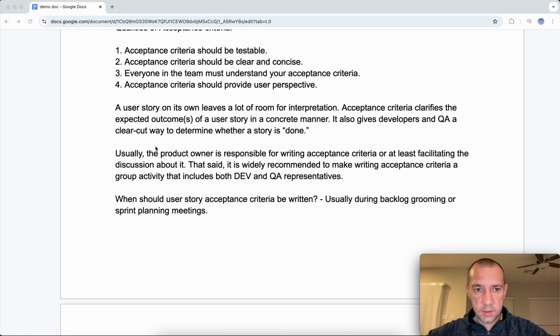And usually it's the product owner who is responsible for writing acceptance criteria because he is the person who is defining the functionality of the product. But in many companies, product owners are lazy to write acceptance criteria by themselves. So they ask QA to do that, but in reality, they should